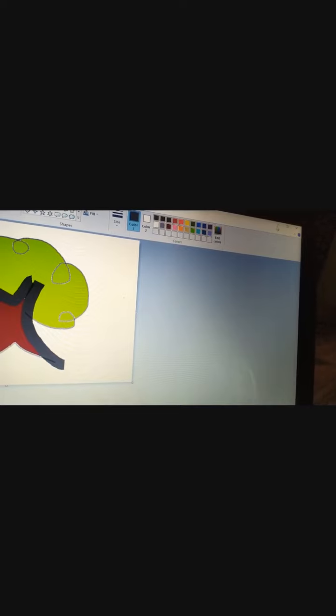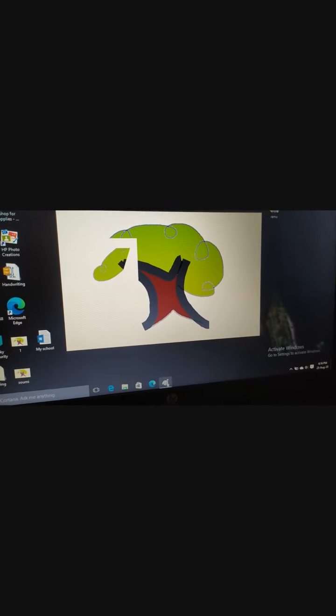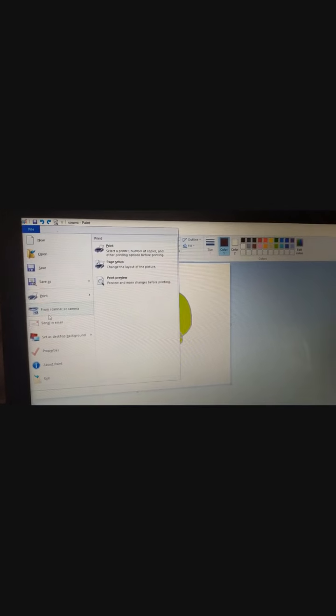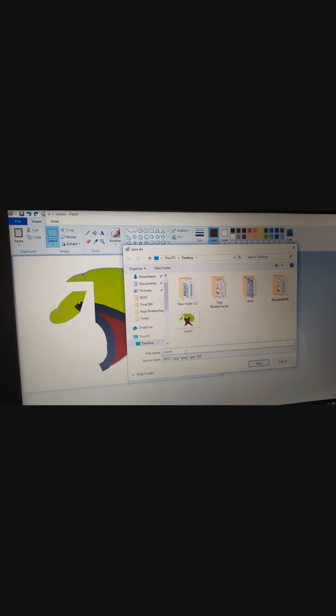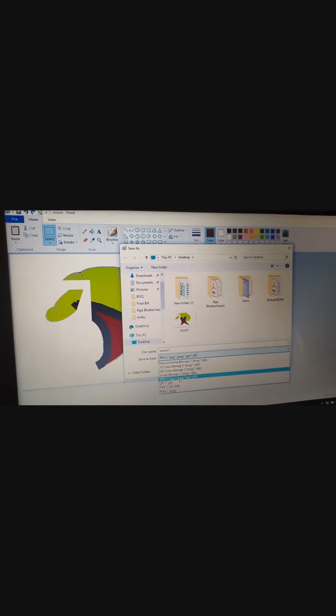See, our image is saved over here. Now let us save it in another format. Again go to File, Save As. Let us now save it in .gif.